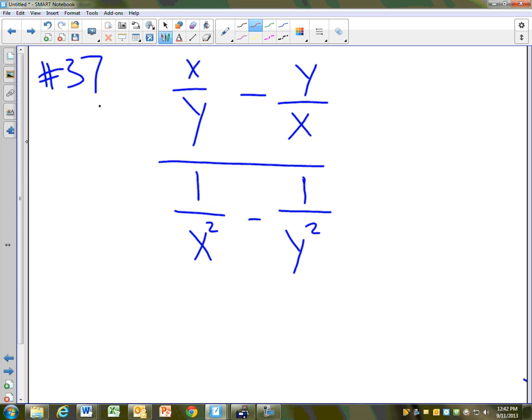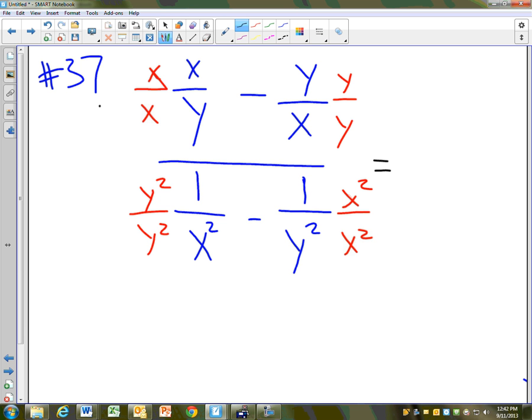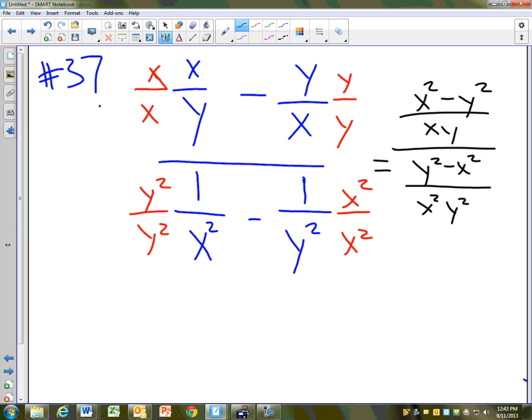Complex fraction. What's the common denominator for the top? XY. So multiply top and bottom by X, top and bottom by Y. Common denominator for the bottom. So I'll write my new expression. What do we have in the top? Good. Well,